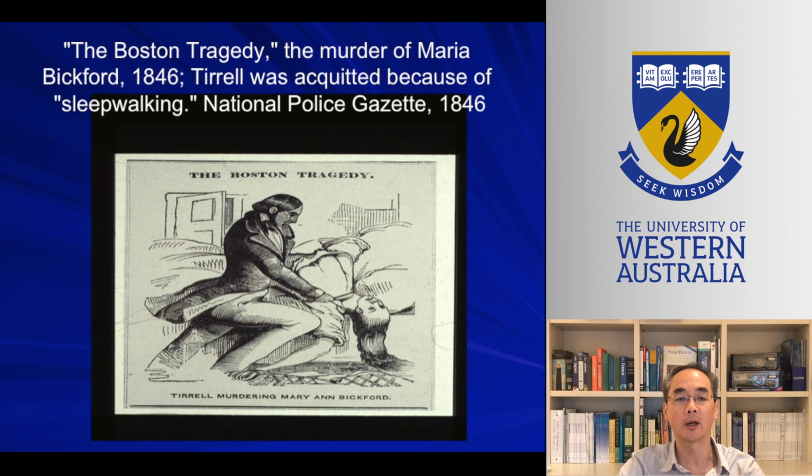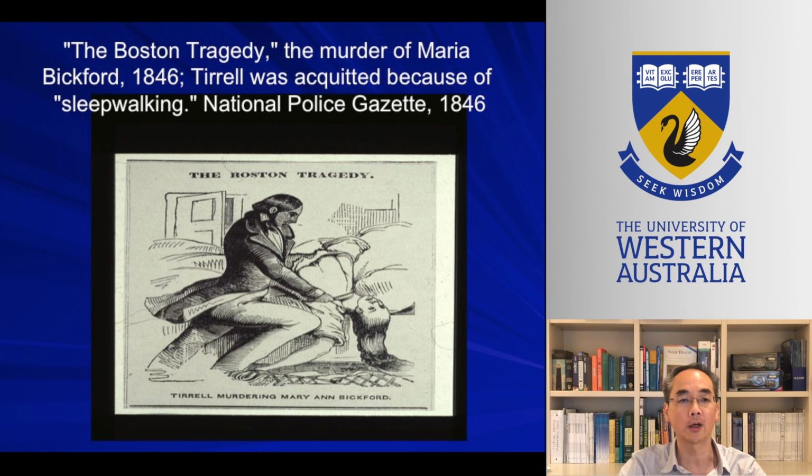The public were outraged, fed by sensational newspaper accounts. Not only had he left his wife to live with Bickford and was under a charge of adultery, but he had been seen on the premises shortly before the body was found. A bloody razor lay near her body, bits of Tyrrell's clothing and his cane were at the crime scene, and fires had been set nearby, as if to destroy evidence. So what happened during the trial? Although many witnesses could testify to Tyrrell's affair with Bickford and to the presence of Tyrrell at the brothel that evening, there were no eyewitnesses to the actual crime.